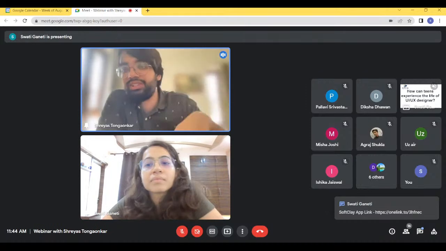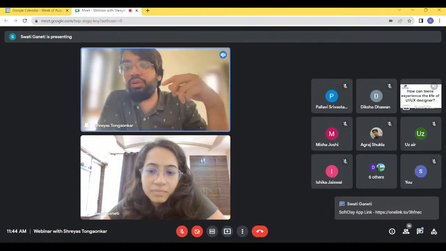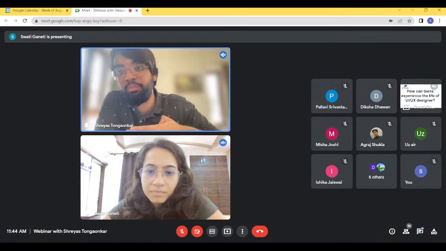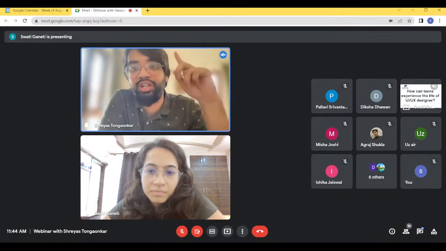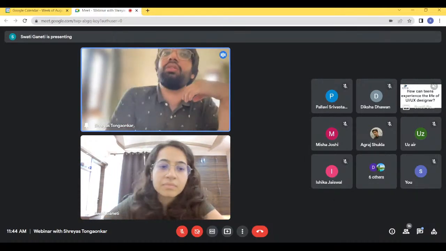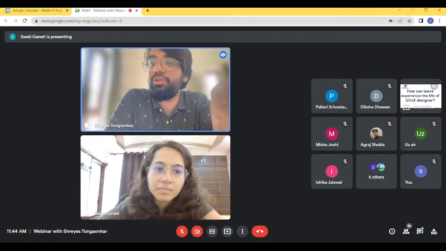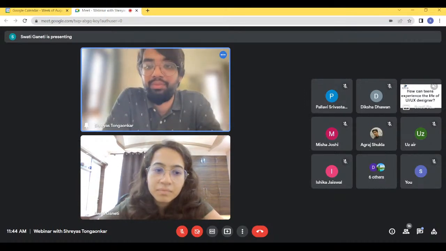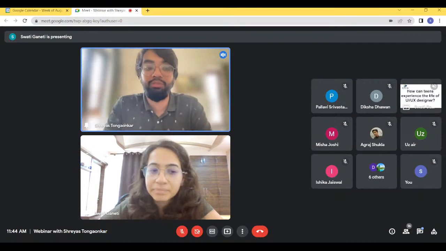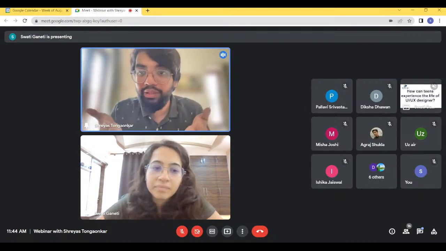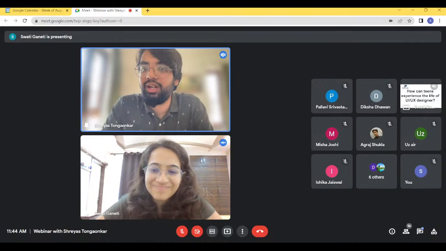The infinite scroll is just constantly scrolling, scrolling, scrolling. Instagram doesn't have a bottom limit, right? It's just going to keep going. So why were they trying to do that? Because they didn't want you to close the app, right? So it was very important for them to design a feature that kept people engaged and hooked onto the Instagram app.